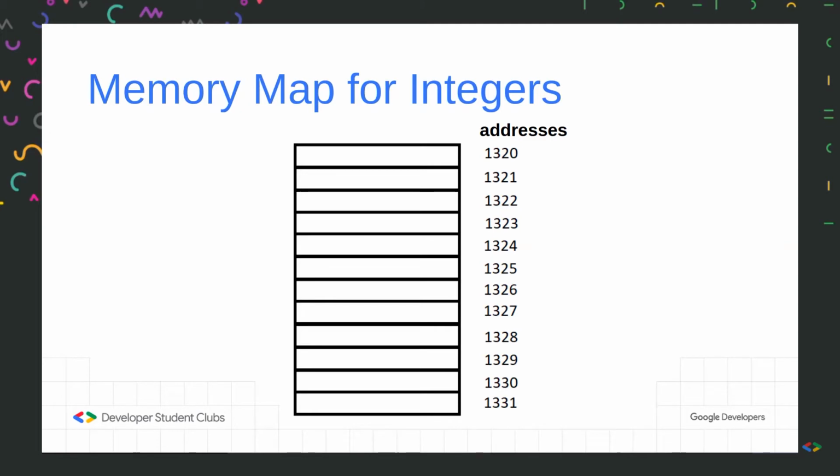Yeah. So that was theory. Now I want to explain how integers are stored in memory exactly. Consider this to be the memory map that we talked about in the earlier part of our lecture. I told you that each of these locations has an address. So just consider these to be the addresses, like 1320, 1321. Usually we store addresses in hexadecimal form, but for simplicity, we'll be using integers to represent the addresses of the memory. Now let me explain how integers are actually stored in the memory.